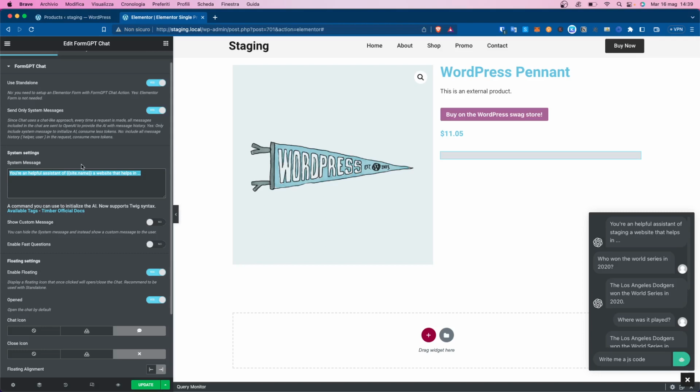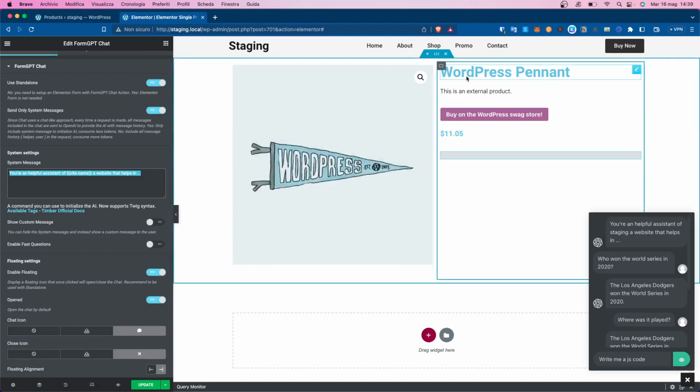In this case, we are inside a product template, so we are going to initialize the model with the product name, for example, the product description. We can pass attributes, we can pass custom fields, and any kind of information we can extract from the current query. So since we are inside this product right now, the WordPress pendant, we can extract any information related to this product, but not only, because we can also extrapolate information, for example, related to the current user. If the user is logged in, we can extract any information, custom fields too, and we can extract information from